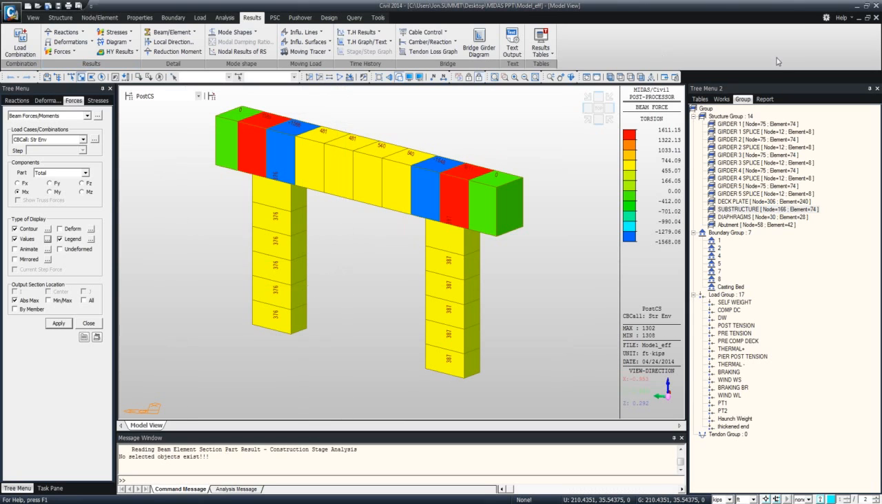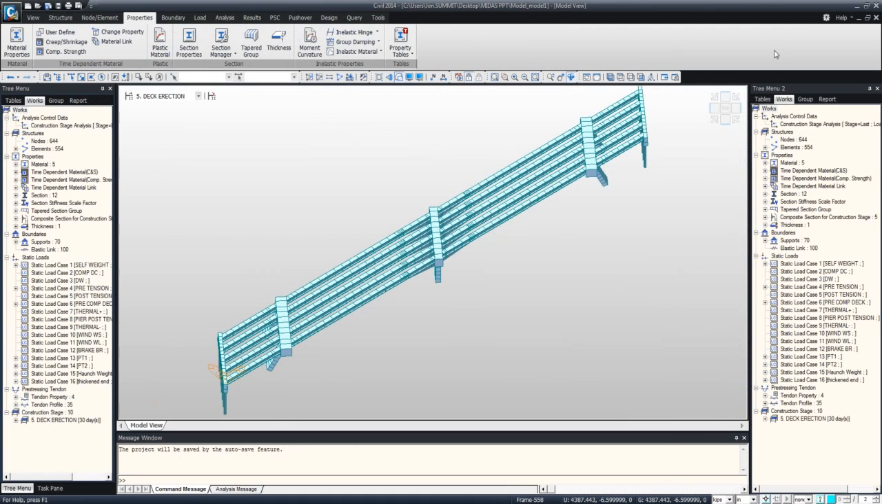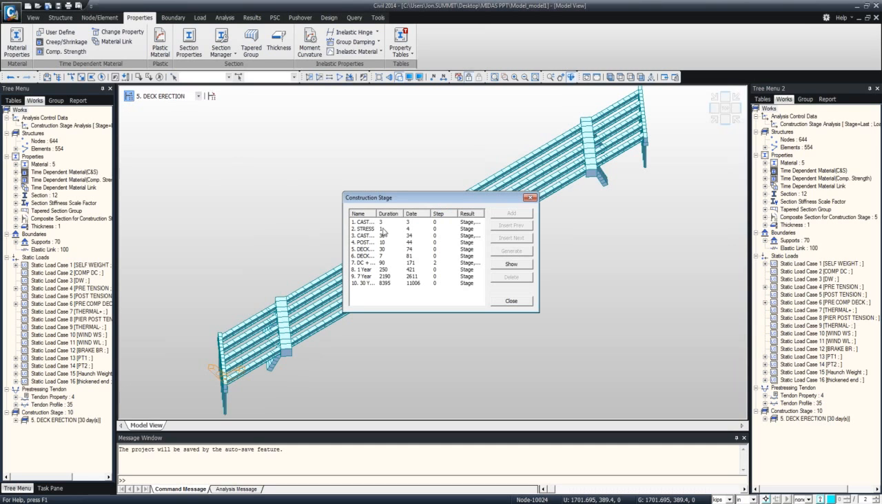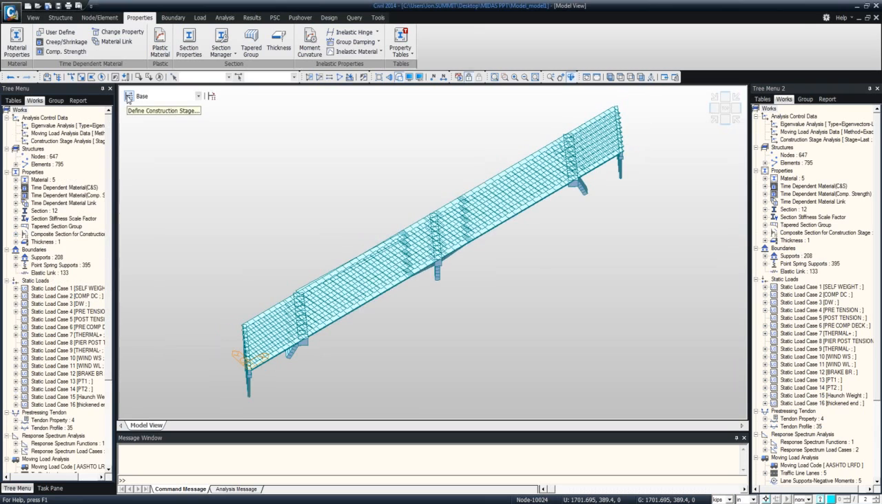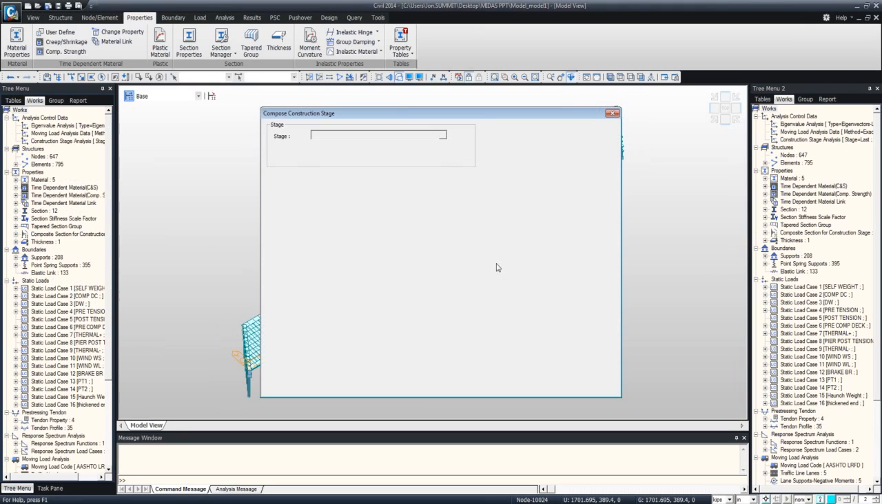Okay, the next thing I'd like to do here, I'm going to pause this and get my model back. I'd like to just go through all the construction stage analysis, and need to be in the base stage in case we want to make any changes. We'll open this back up